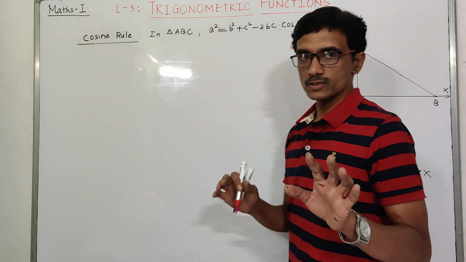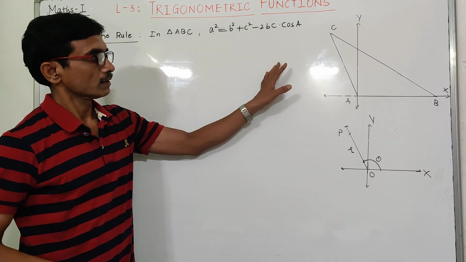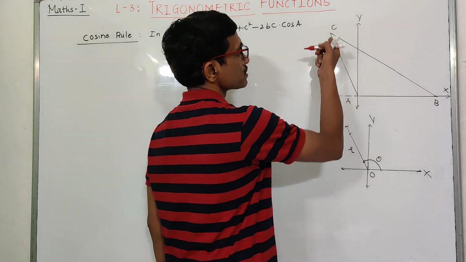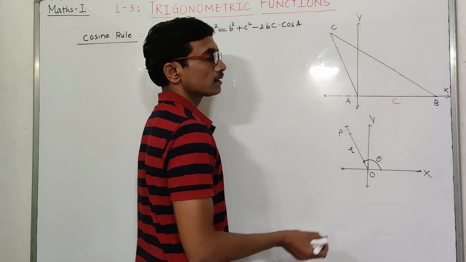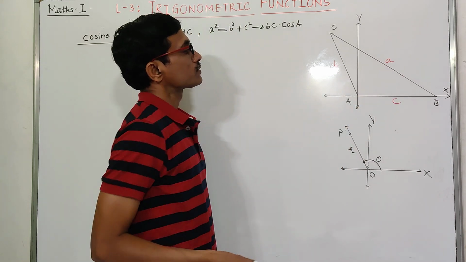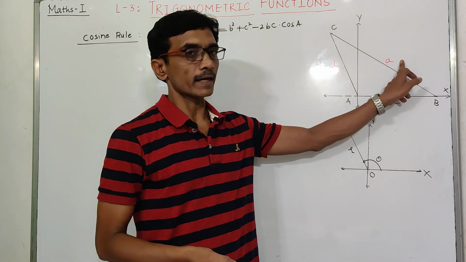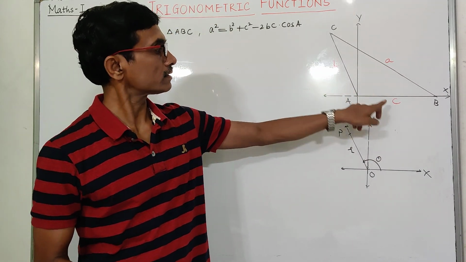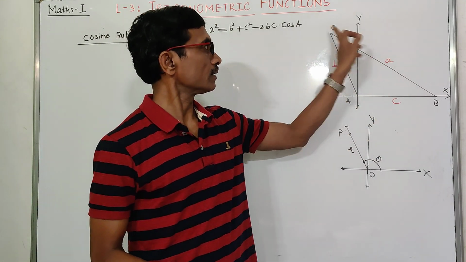So we have to make an arrangement in this. Look at the triangle ABC. As per our usual notations, this side opposite to angle C is small c. These are the respective sides. The side opposite to angle A we denote by a, the side opposite to angle B we denote by small b, and c. So this is triangle ABC.